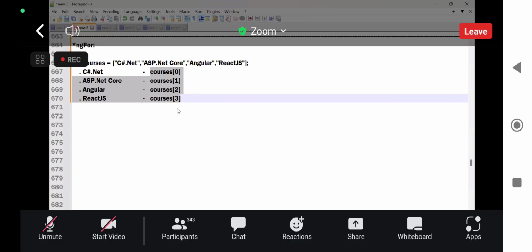The question is, if there are 4 items, then I can write sub 0, 1, 3, like that. Suppose if it is 100, then also I